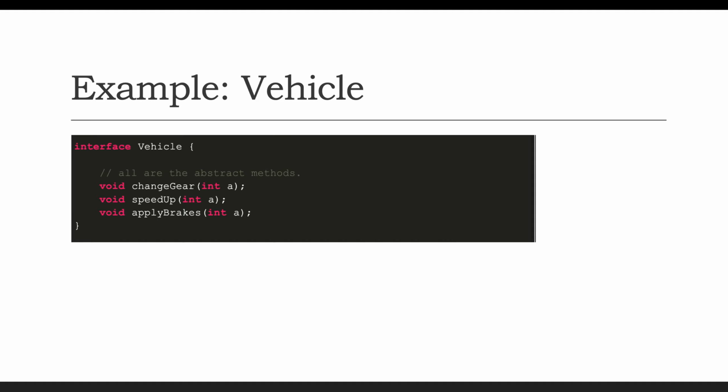Without worrying about the implementation, we can use the interface and define the list of functionality. Let's say another methods like speed up or apply brake: all these method implementations can differ for different types of vehicle, right? For a bike it can be of one type, for a scooter it can be different. So using the interface we can achieve complete abstraction, meaning we just define the signature of the method. The implementation can be different, implemented by the subclasses or classes that implement this Vehicle interface.